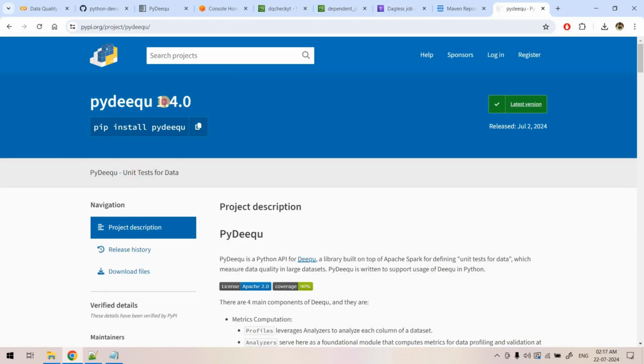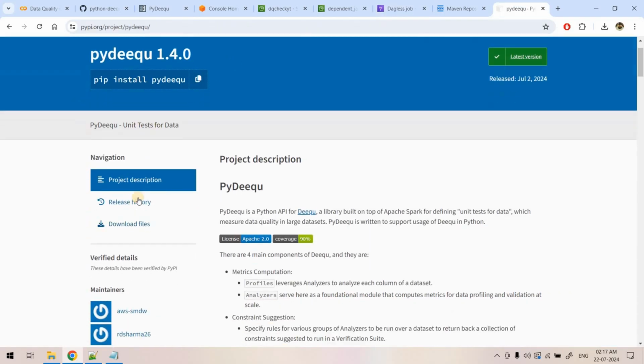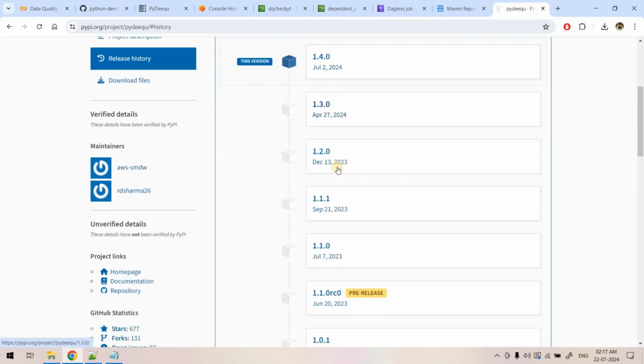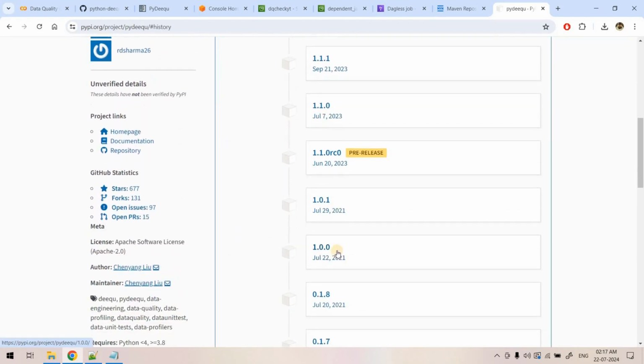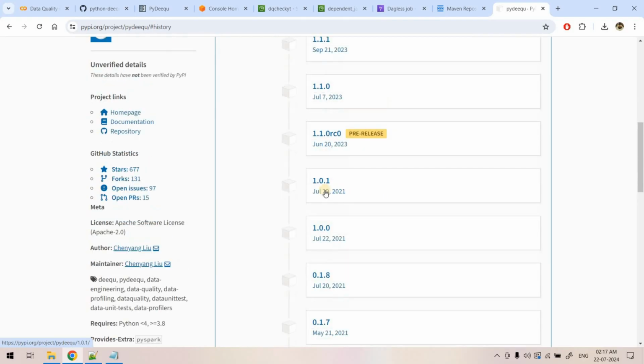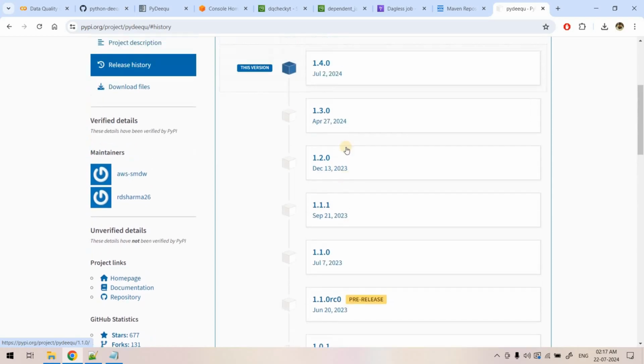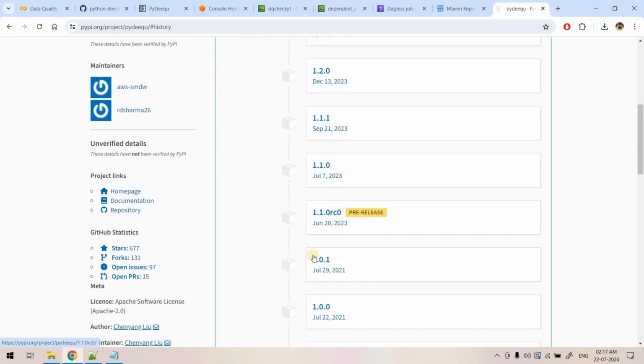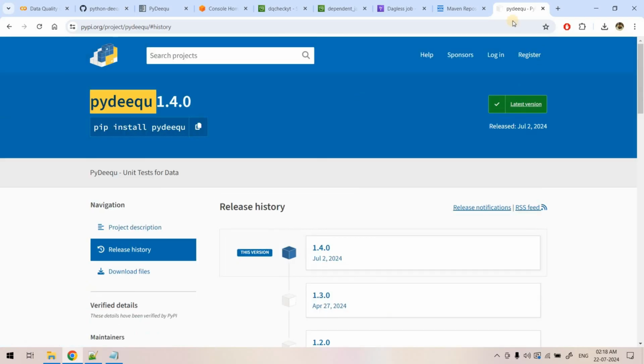Okay, so here if you check, this is our PyDQ latest release. If you click on release history, these are the different releases available for PyDQ. The last one was published a long time ago, in 2021, and then since 2023 it got published multiple times. So don't use the old versions from 2021, because those are not working very well with Glue, as I have tested. I'll try to install something which was launched recently, like 2023. Okay, so here I will choose PyDQ,